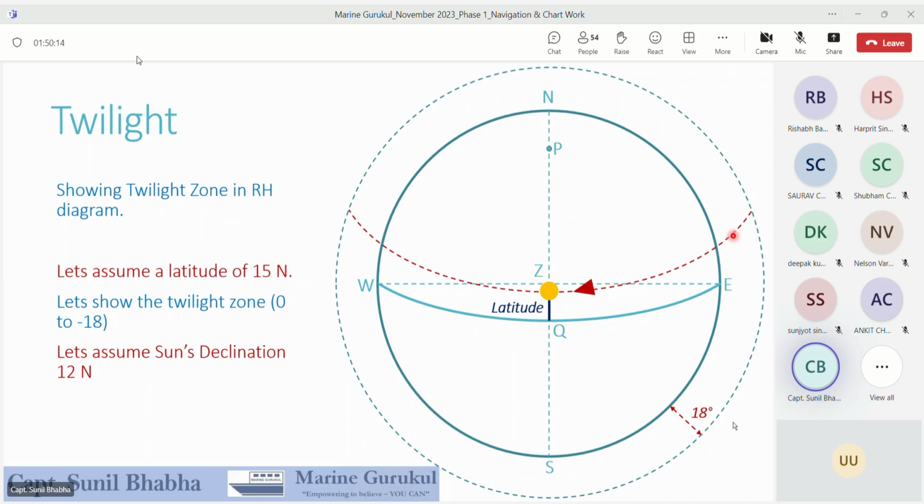Now when the sun follows this declination circle, the sun is going to enter the twilight zone at this particular point. You can see the laser pointer on the screen. At this particular point, the sun is going to enter the twilight zone. So this is the commencement of the astronomical twilight in the morning. The twilight continues when the sun is within this 18 degree zone. And at this particular point where the laser pointer is right now,